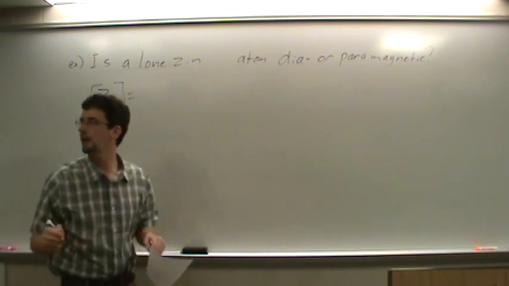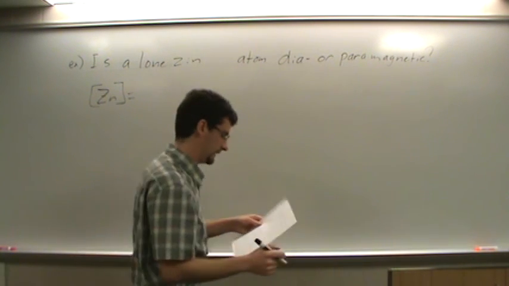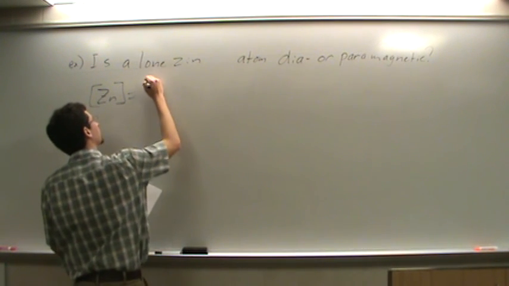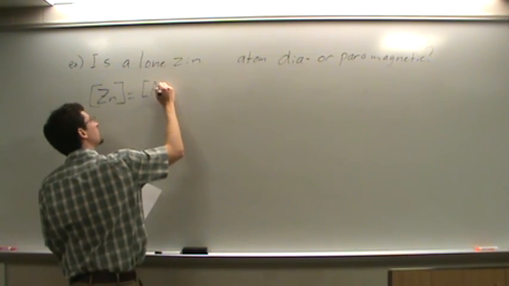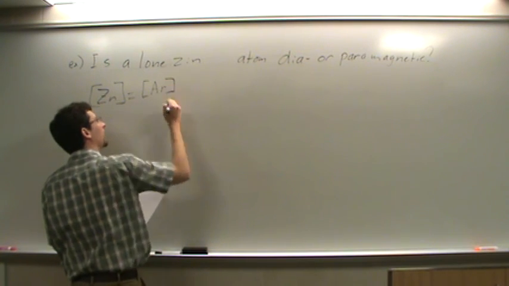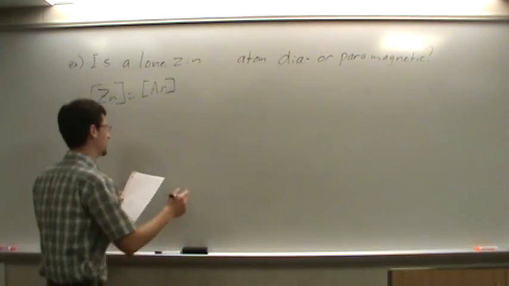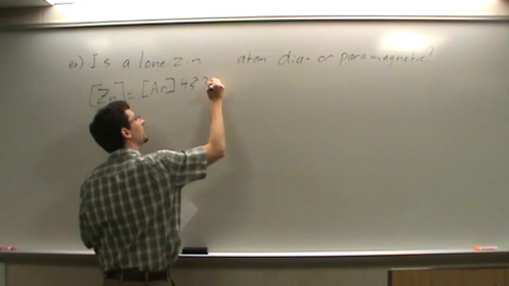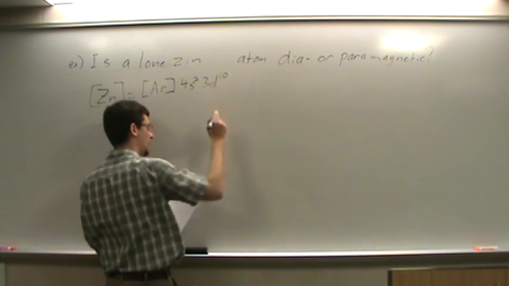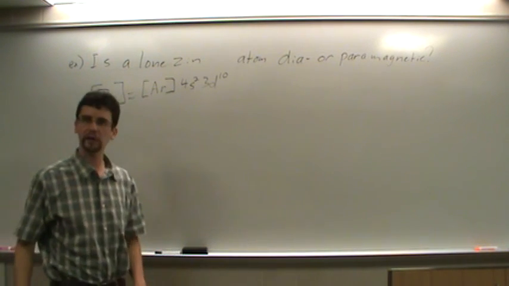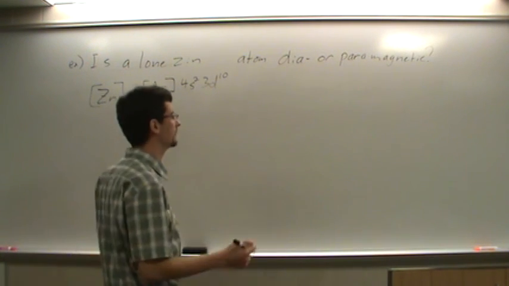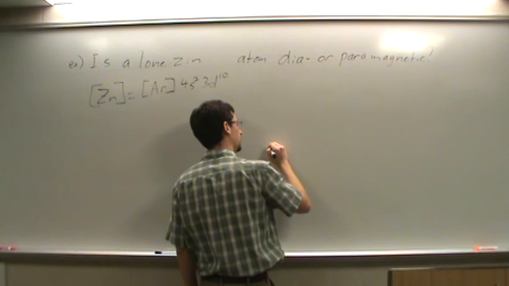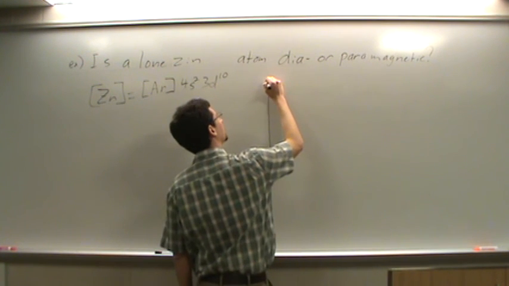If we look at the periodic table, we can see that it is argon that is closest in terms of a noble gas. So we can put argon, and then we just have the remainder valence shell. We have the 4s2, 3d10. And we can write out a condensed electron configuration diagram where we're only going to consider the valence electrons